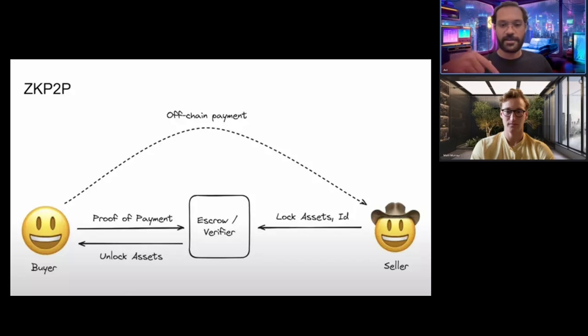is she would find one of these orders in the contract that are ready to be fulfilled, and maybe she'll find Bob's order, which is asking for 5 USD off chain. It will have Bob's Venmo address there, ID or whatever, and then Alice would send that 5 USD